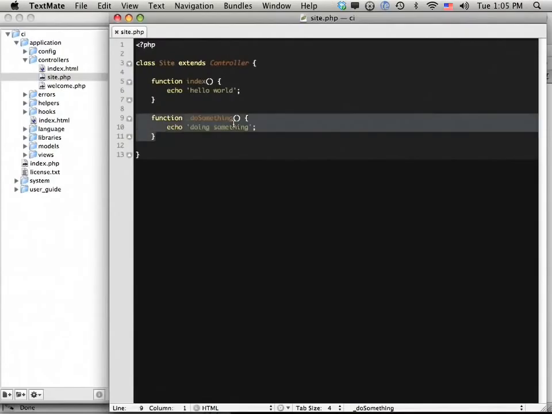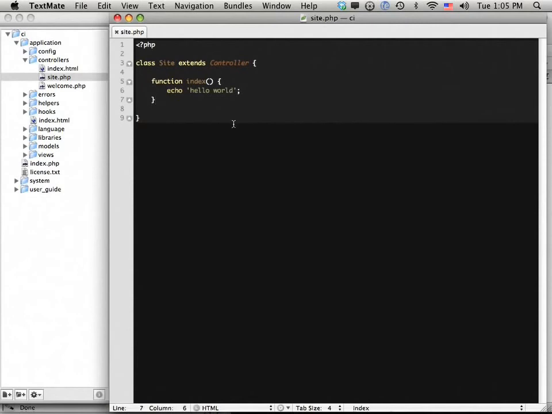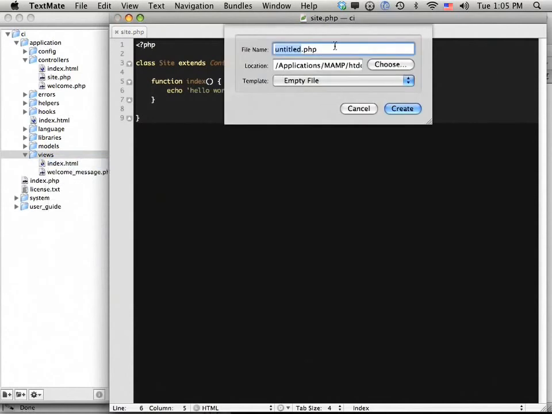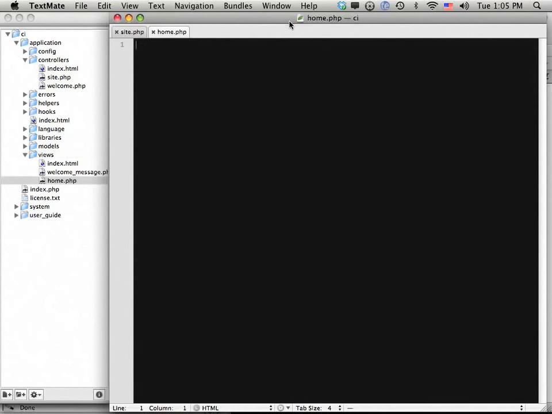I don't need this, so I'm going to get rid of it. Now, we discussed that we don't want to echo anything out specifically from our controller. Instead, we want to load a view. So let's go ahead and within here, let's create a view. And there are many naming conventions. Remember, the name of the view doesn't matter specifically because when you access a page in your browser, you're not going to be referring to the view file name. You're referring to the controller name, site. So let's name this view, I don't know, let's try home, something like that. And let me add just a little bit of